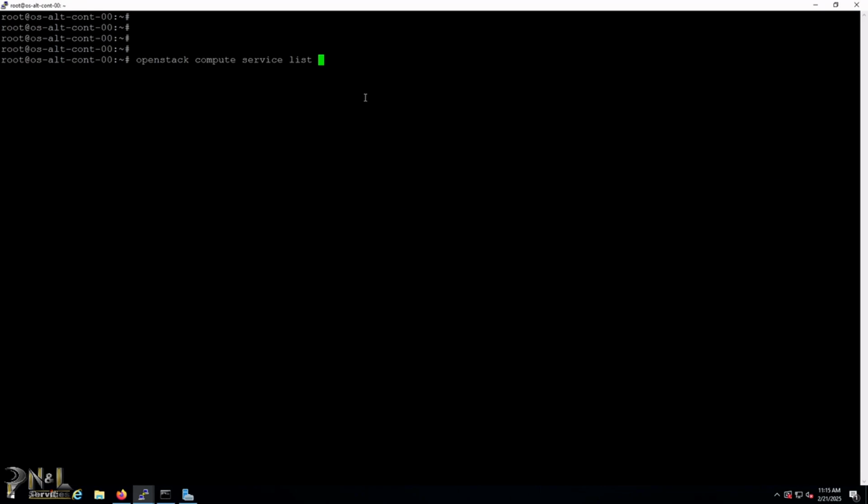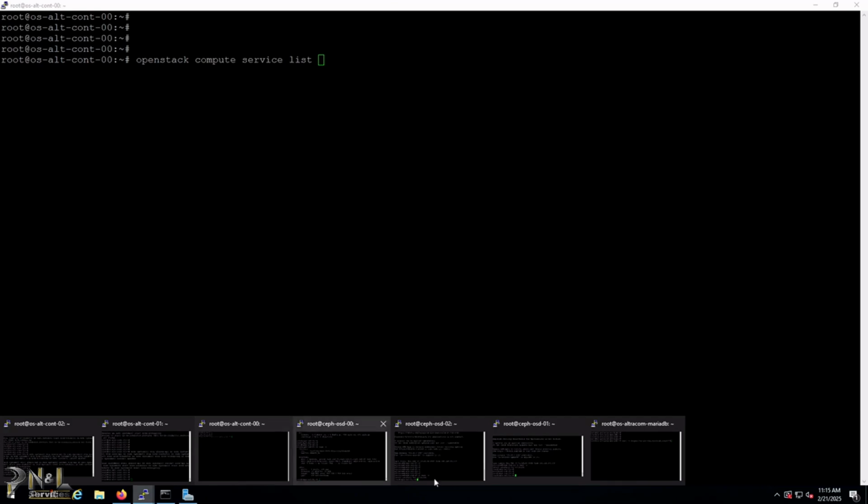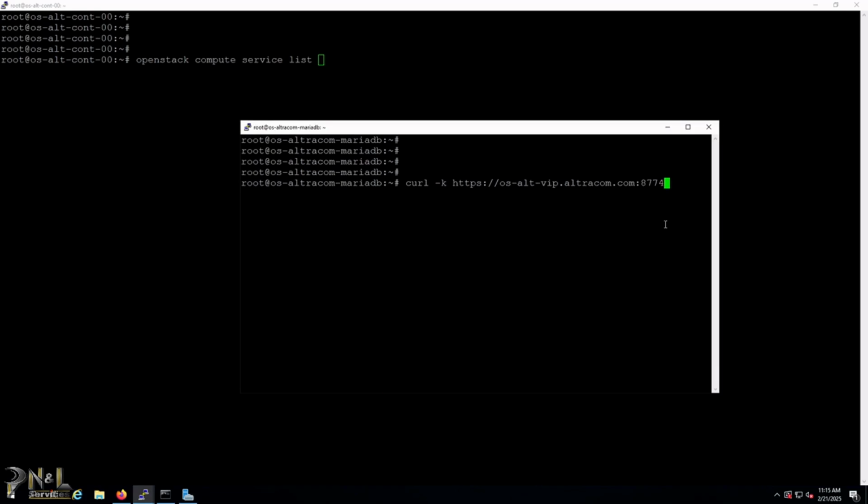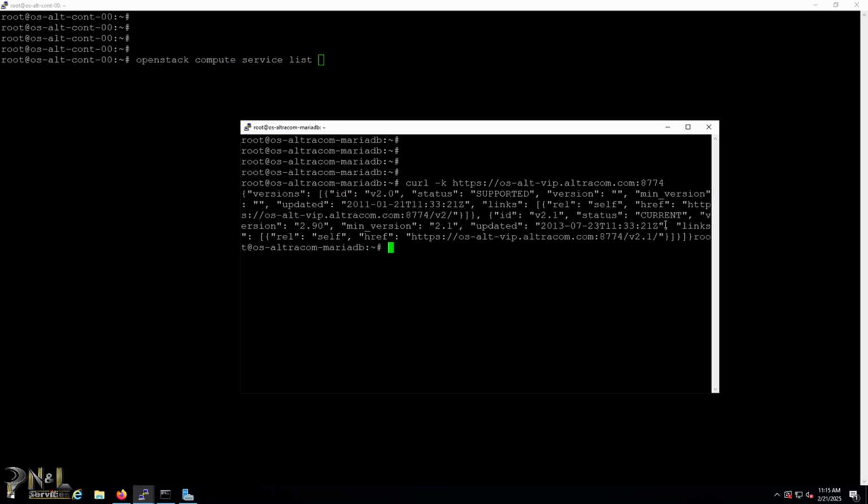At this point, we're going to test the configuration of OpenStack, and let's see. We're going to run this command curl https and the virtual hostname and also the port 8774, and 8774 is the port that Nova uses to communicate with other services, that is, the port being used to communicate with OpenStack